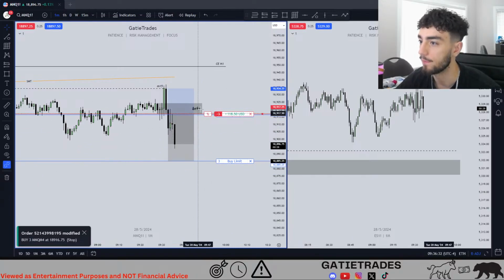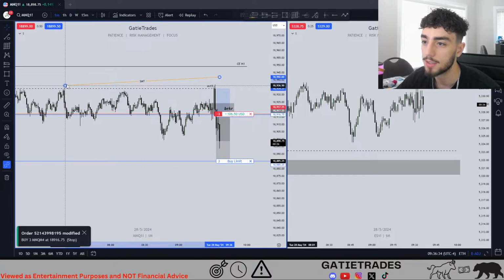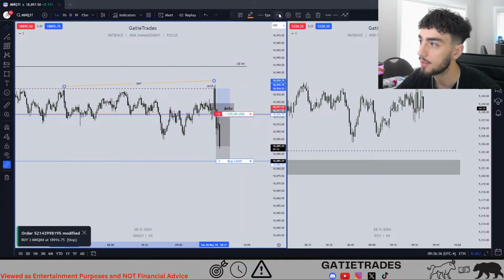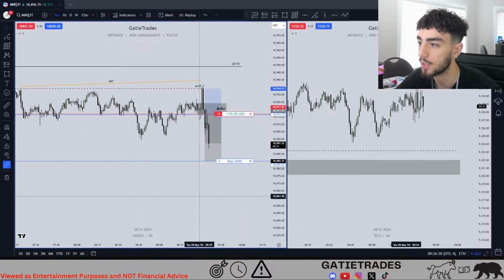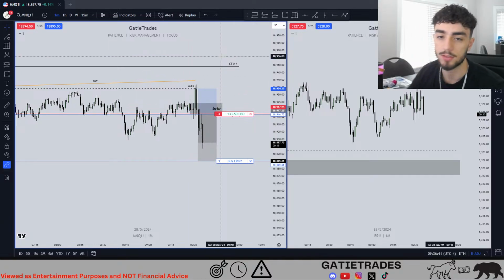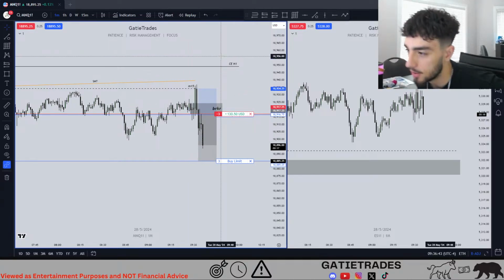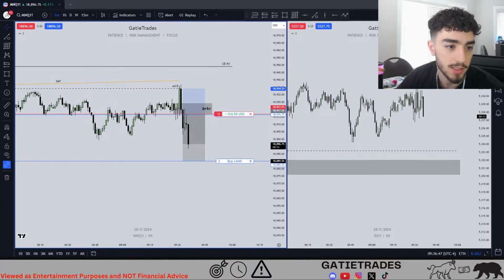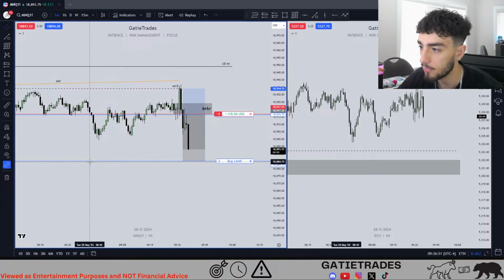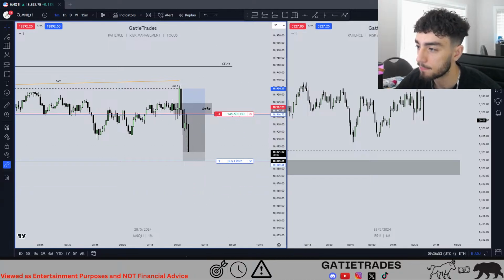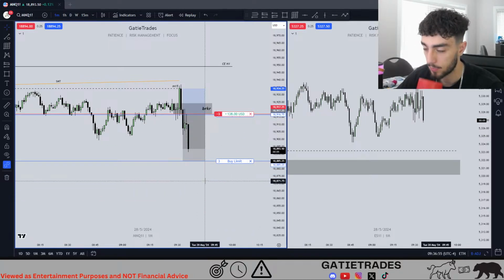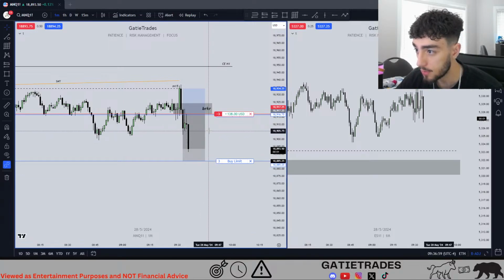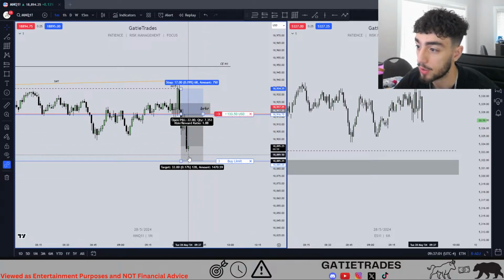Yep. Simple trade, right? SMT inside the 15-minute fair value gap with a breaker. It's just perfect. And if we can just take out Asia low, I don't see why we would not take out Asia lows at this point now. So let me break even on my other account. And yeah, simple trade. It should just go at this point. Breakaway gap.